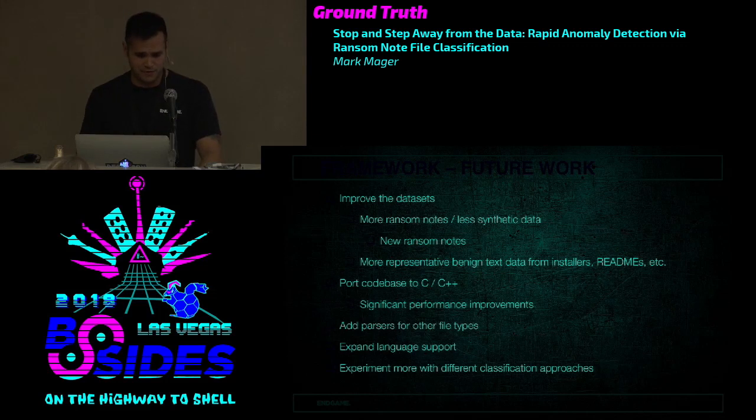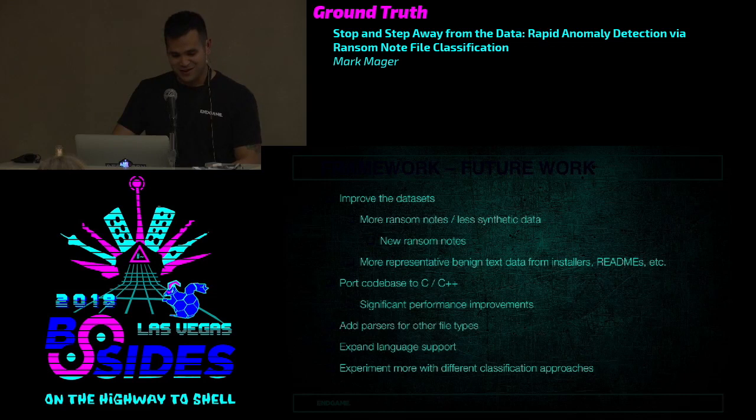And finally, to go back to data science, experimenting with different classification approaches would be great. Naive Bayes is just what worked for this particular problem. It's kind of low-hanging fruit because I pulled a couple of data scientists that I work with, and they told me to go in the direction of using Naive Bayes, and that's the way I went. The results were good enough, so that's what I stuck with.